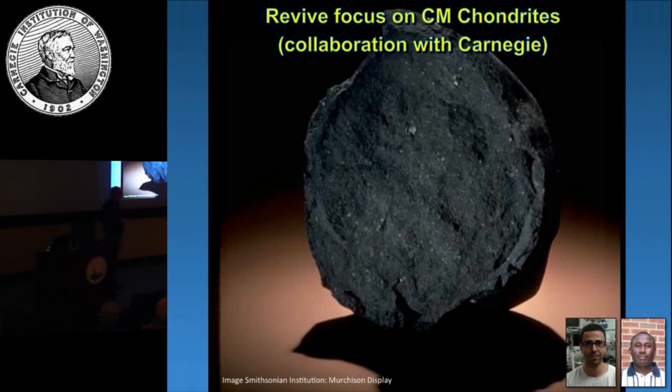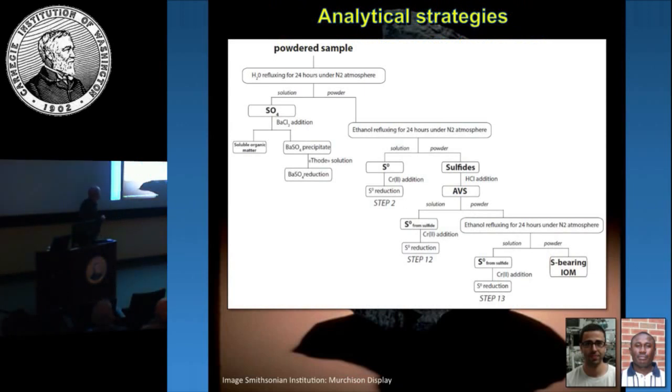And this is work that's underway, in progress, but the first stage of it is largely completed. And what Gibran came up with was a reaction and analytical strategy to extract sulfate, elemental sulfur, and then sulfide. So this would be mostly a sulfide. And there are some extracts here that have not been analyzed yet, but that we'll explore, and extracts down here that this will continue on down.